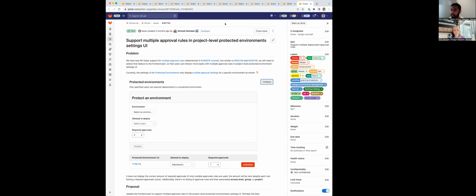we currently have. And the reason we're doing this is because eventually we want to migrate all of our users and customers to use this model. The unified approval model was our MVC, our first iteration of being able to configure this, but multiple approval rules is the way to go. It's more powerful, it's more flexible, and we want to make sure that we provide an easy way for customers to be able to set this up. Currently, it's only by API,